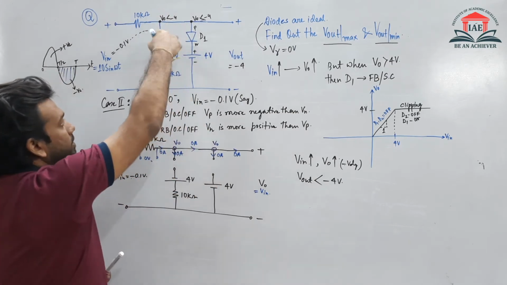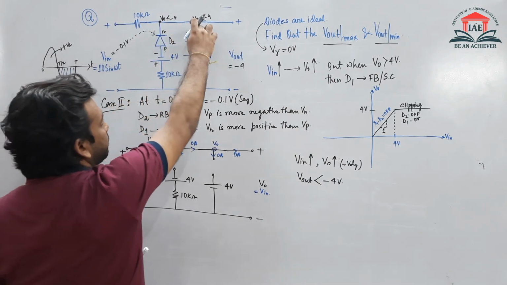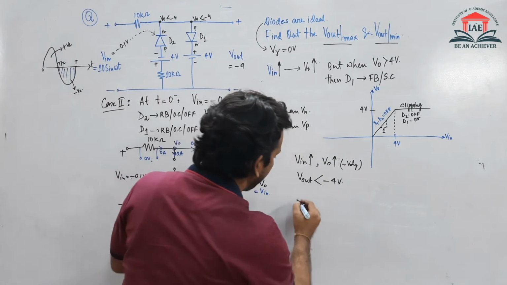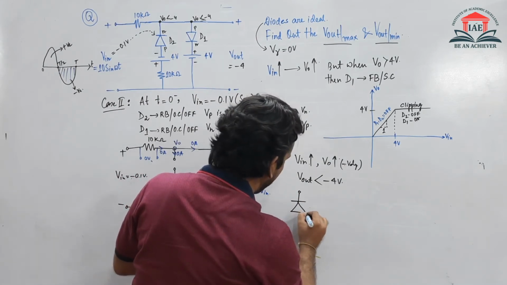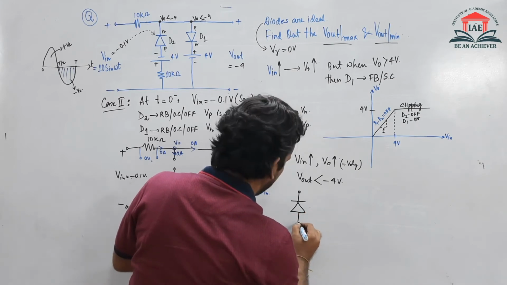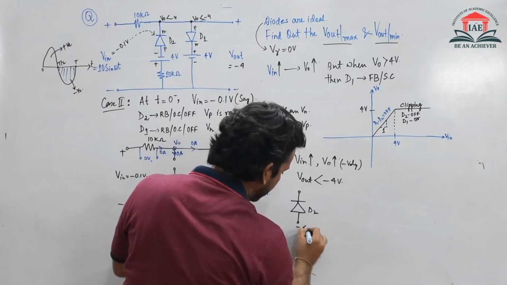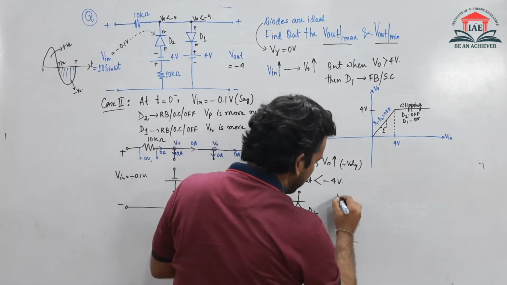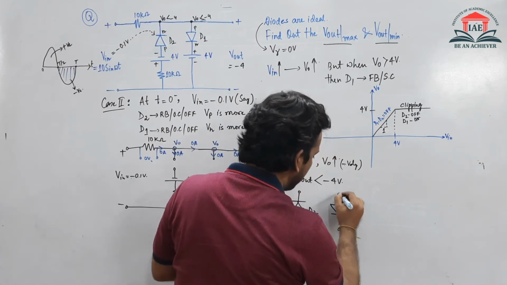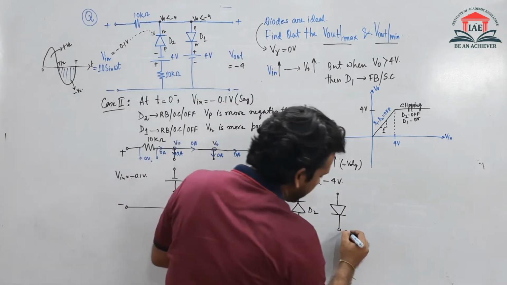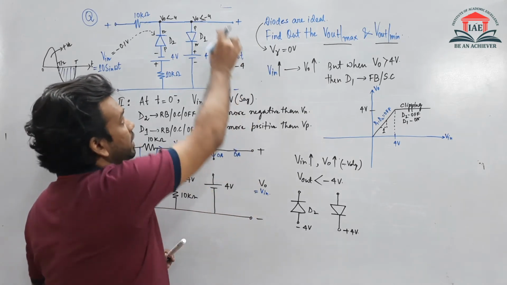So now you can see this D2 diode. This D2 diode and D1 diode, this P side, if I draw that, then it will be like this. This is the D2 diode, and here you can see this is -4 in the P side. So this is D2 diode minus 4 on the P side, and if I go for the D1 diode, so here it is plus 4, so here it will be plus 4. So now you can see that V0 is increasing.